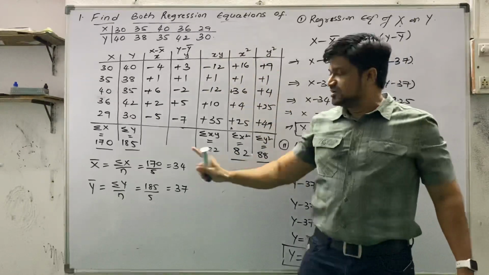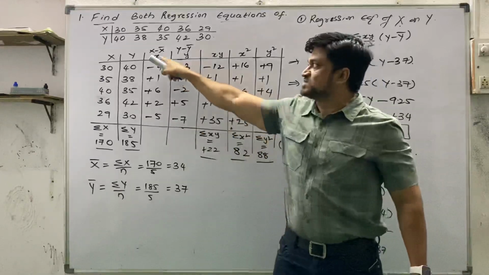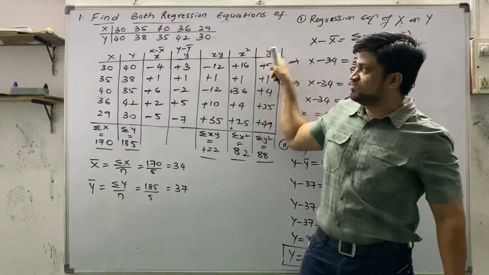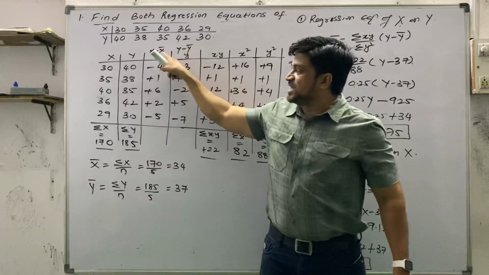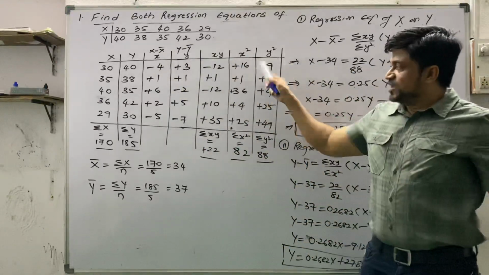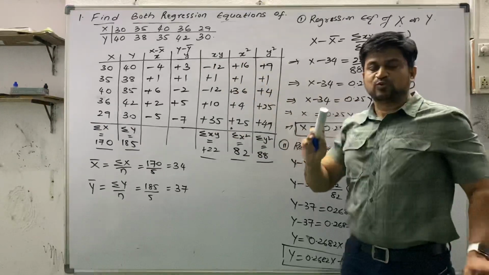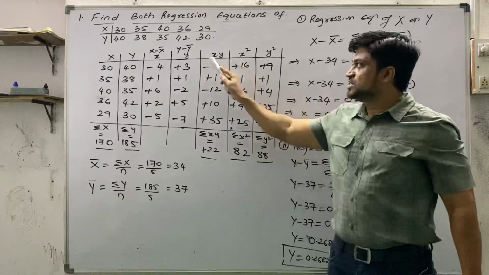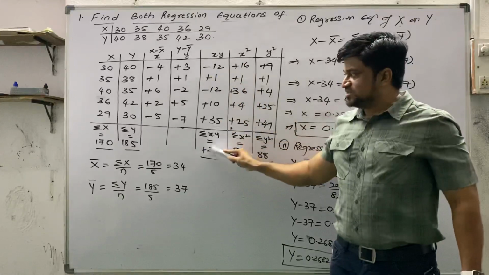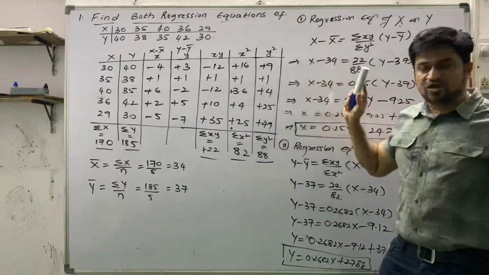What we have to do? Once we are getting these answers without points, then we can go for small x, small y, x into y, x square, y square. These are capital X minus capital X bar. Now, after multiplying, squaring and all, find the total of this one. You have provision of using the calculator, so you can use whatever signs are there, and you will get the value sigma, summation, total of this, total of x square, total of y square.